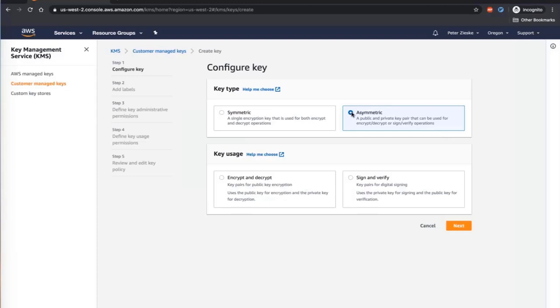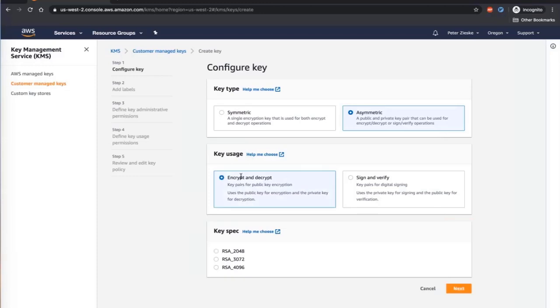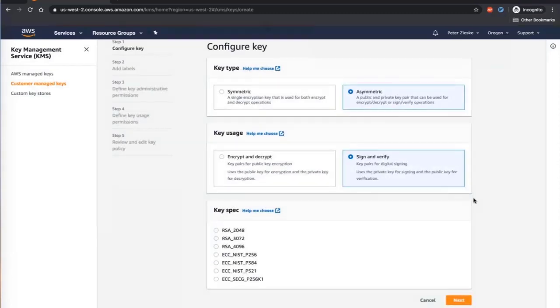As a cryptographic best practice, KMS will not allow you to have an asymmetric key be used for both encryption and signing, so we force you to choose one or the other. If you choose encryption, you will see the following RSA key specs available for your key. If you choose signing, we have RSA and ECC key specs available. For this demo, I will choose an ECC key spec